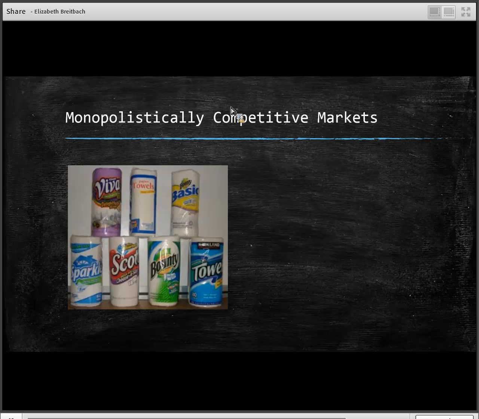Which market type allows for differentiated products or brands? This would be both the oligopoly, which can have differentiated or homogeneous products, and the monopolistically competitive market. So those two do have the possibility for differentiated products. A purely competitive market, by definition, does not have differentiated products. All products are exactly the same or very similar. And in a monopoly, there are no different brands or substitutes, and so there aren't differentiated products available.